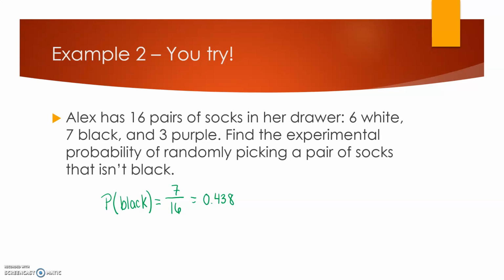We're trying to find, oh, I made a mistake. That isn't black. And this is where reading comes in handy. I don't always read well. So we're going to put not black. So we can actually use our complements here. We know that the probability of getting one that's not black is this, or of getting black is this. So to get a probability of it not being black,